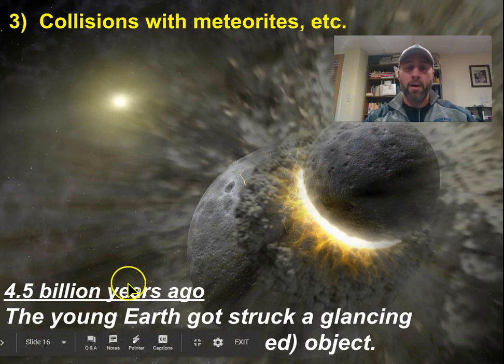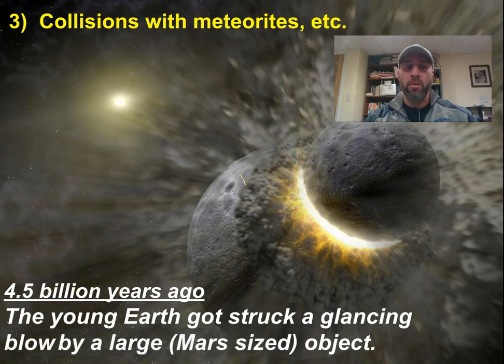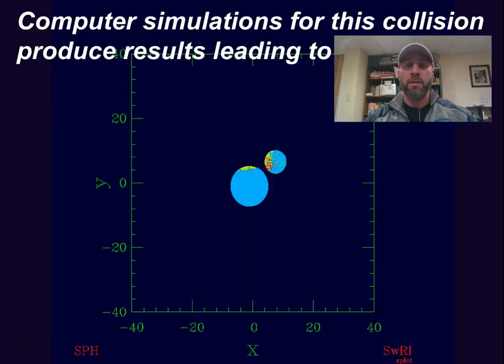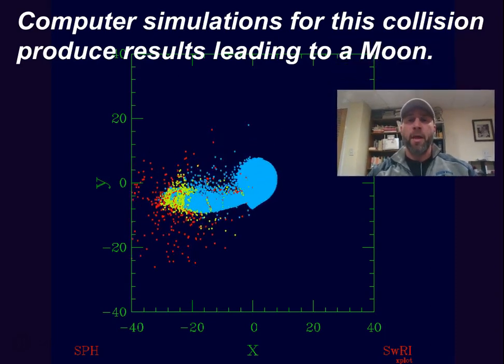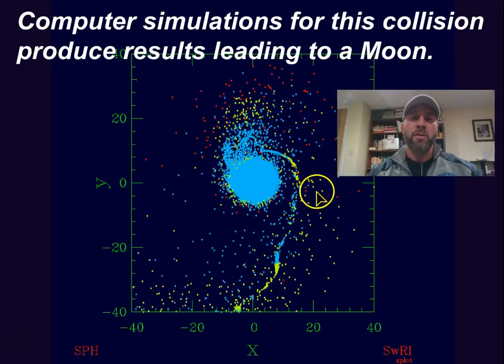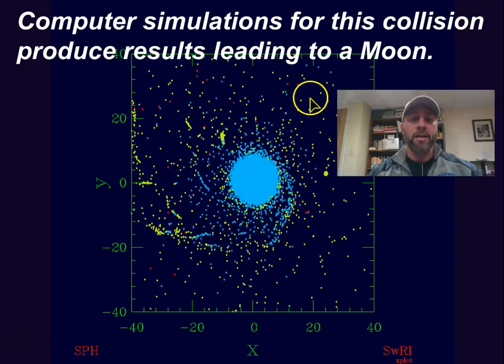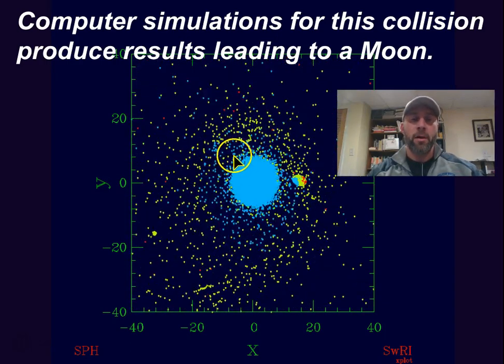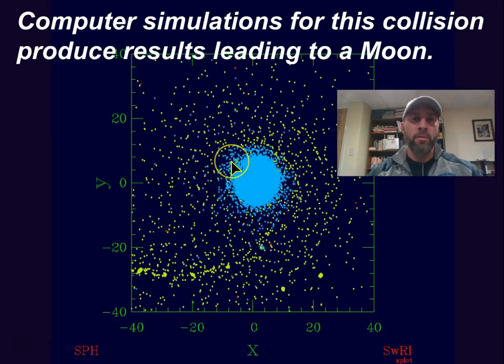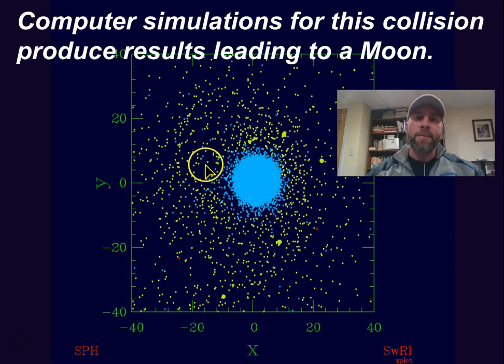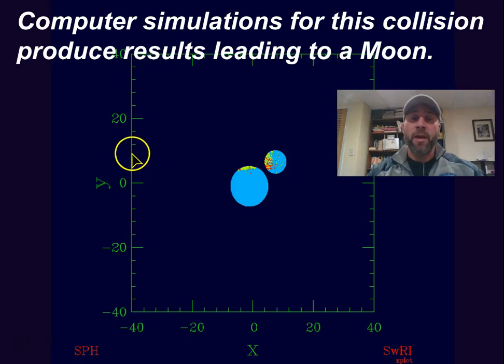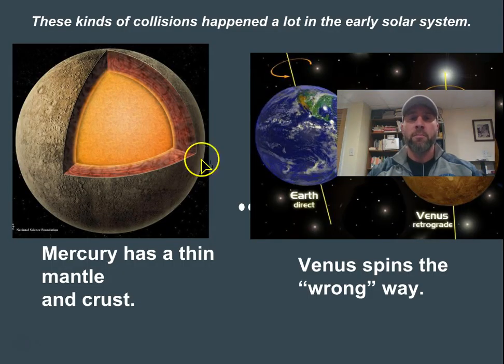Now, around the time of the Earth formation, shortly after, we got struck by something huge, a little mini planet, and that's what this animation is showing here. And what that has led scientists to do is, this is why we have our moon. Okay, so we got struck by something large, way, way, way back, way before there was life or anything. And that led to the formation. But that left kind of this heat behind. So that's some processes how we got it.